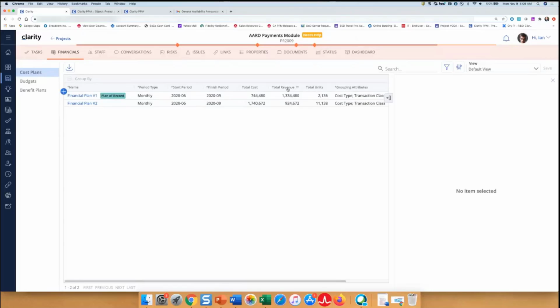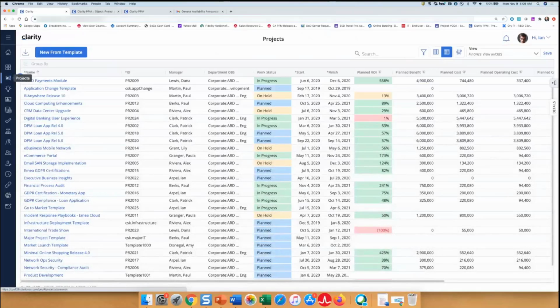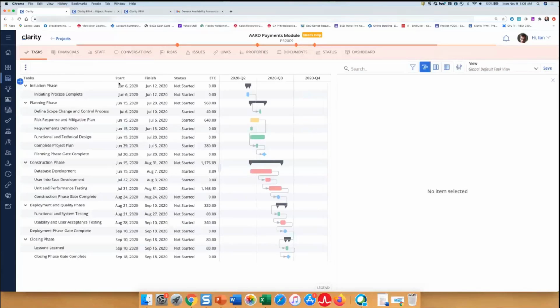Okay, let's move on to the guidelines field. This one's fairly straightforward in the context of the task. So this is available as an out-of-the-box field for the task module, the grid, the board, the flyout, and the filter for projects and custom investments. So I'm going to come to this project, and I'm going to select the task module. I'm in my timeline view, and I'm going to select this one task, go to the